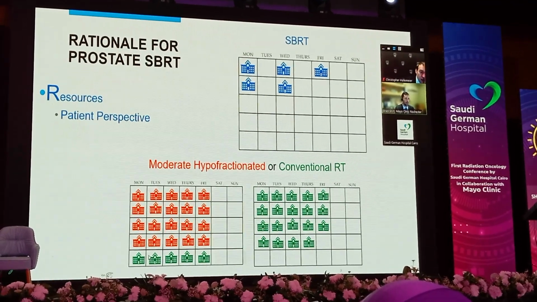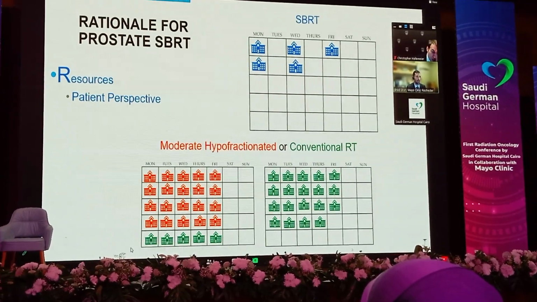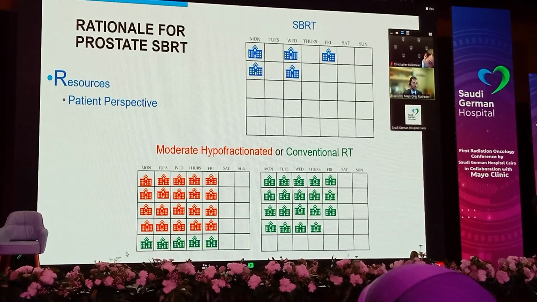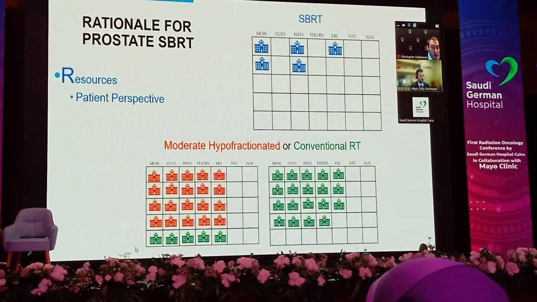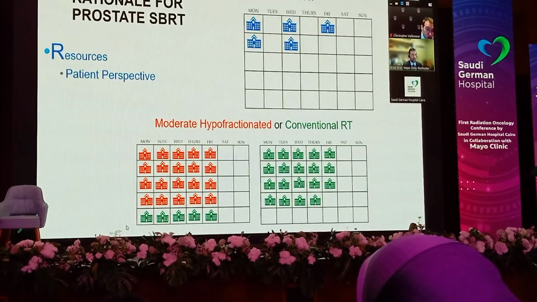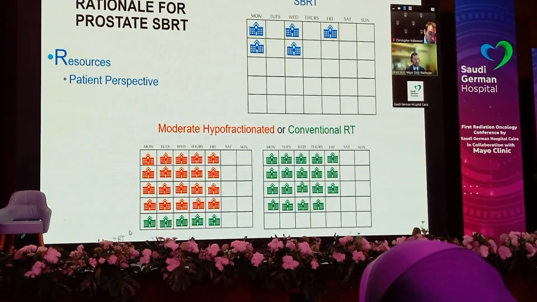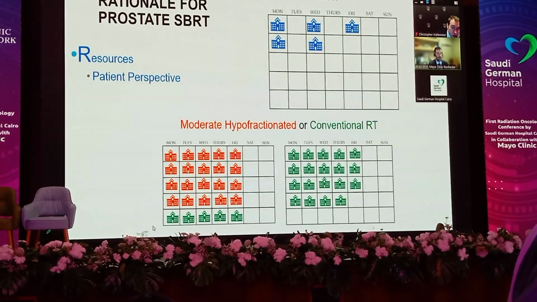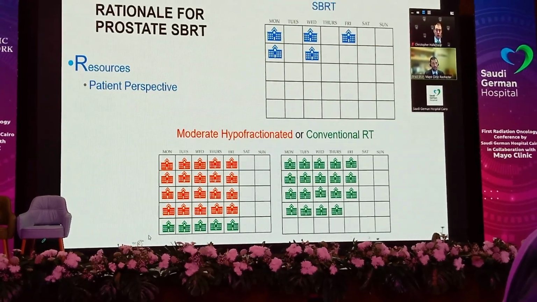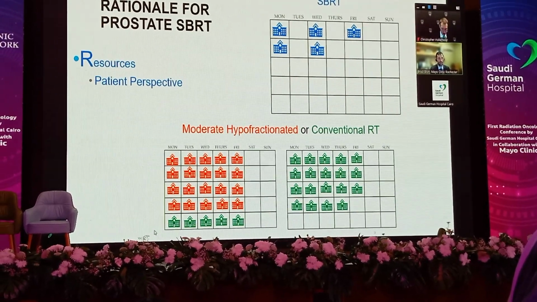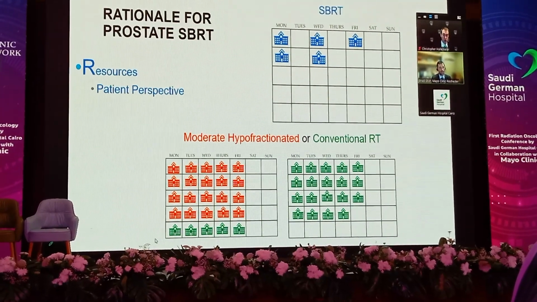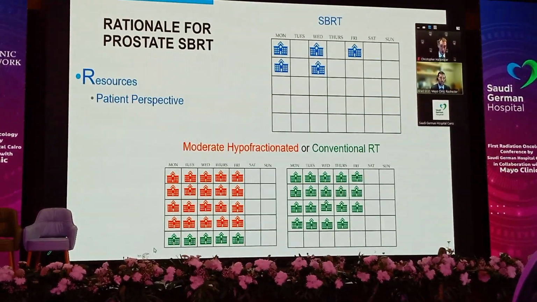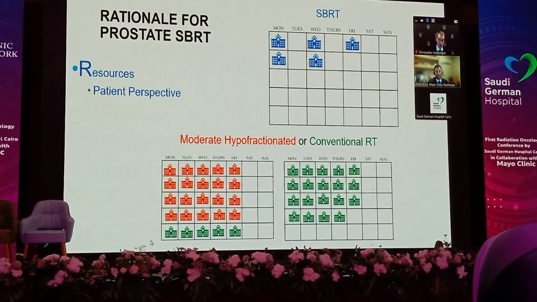Here you can see I've modeled this on an every other day basis, Monday, Wednesday, Friday, following week a Monday, Wednesday schedule, compared to a moderately hypofractionated or conventional radiation therapy schedule, which can stretch into 1 full month or even all the way out to 2 full months of treatment in the case of a 38 to 44 fraction regimen. So that means fewer visits to the radiation treatment center, fewer appointments for the clinical staff to maintain,